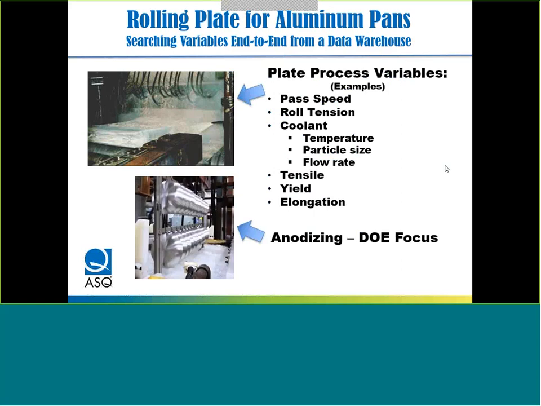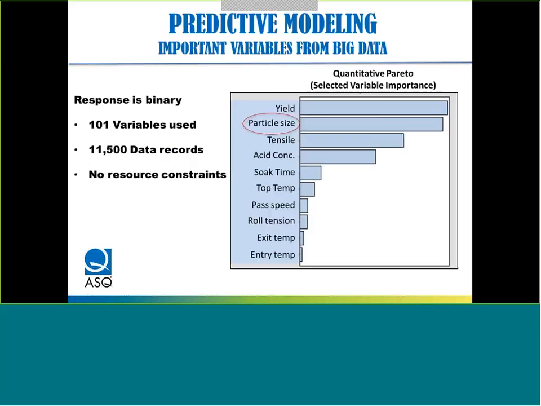Remember that just the anodizing process is where we focused the DOE. In DOEs you don't usually have enough resources to get all the variables and collect them manually. That's a controlled study, but you don't usually have the resources to go into a lot of detail. So by mining the data end to end from a data warehouse, you can get a lot of information. So what we found out was by taking all of the data end to end,